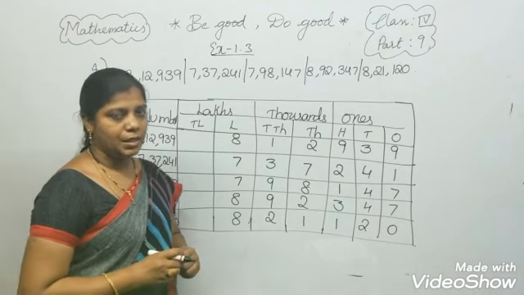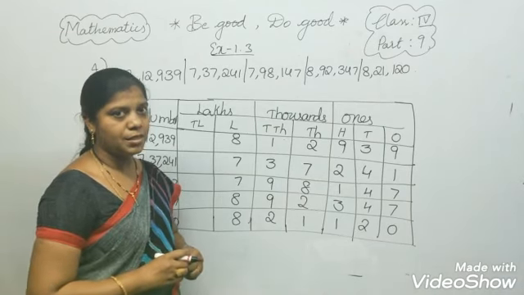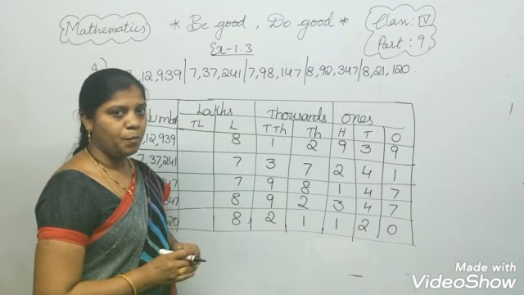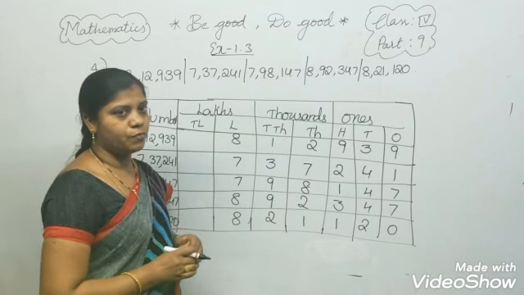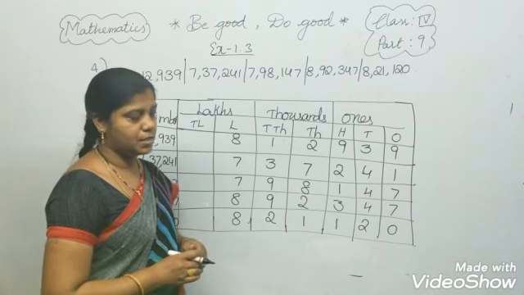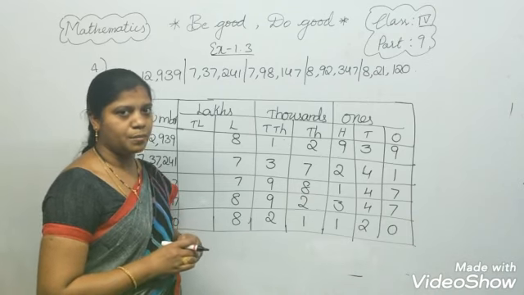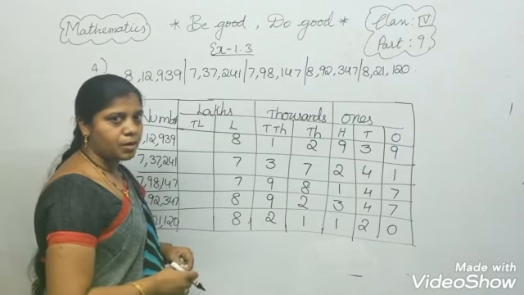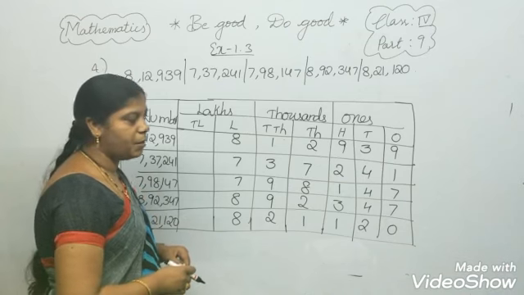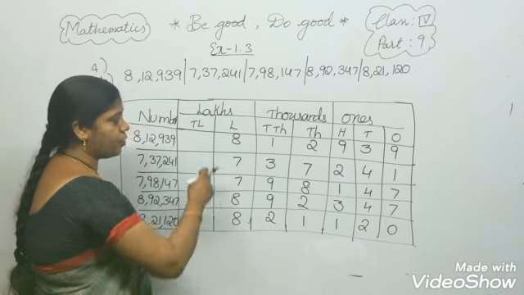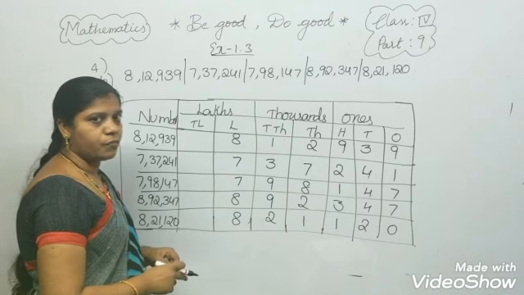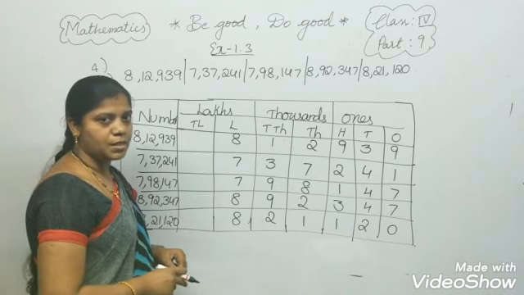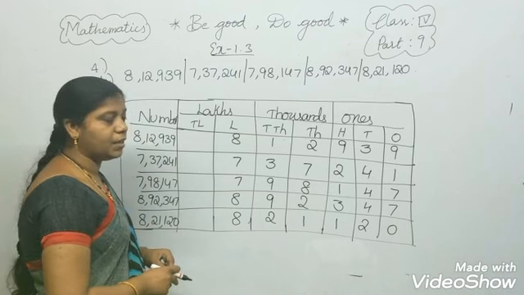I hope till here you understood. What did we do, children? We took the numbers and we arranged all these numbers in a place value chart. Now we are going to find which number we have to write first, that means we are going to arrange the numbers in ascending order. To find the smallest number, first we have to find how many digits are in the given numbers. If you observe, all numbers consist of 6 digits. So we cannot specify which is the smallest and which is the greatest. So go for further checking.